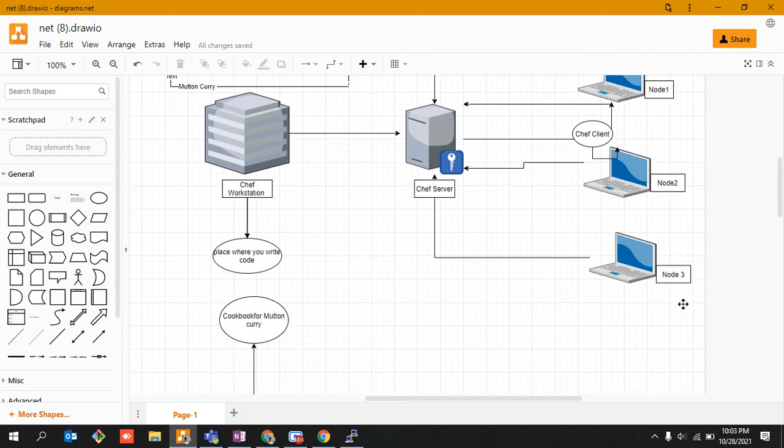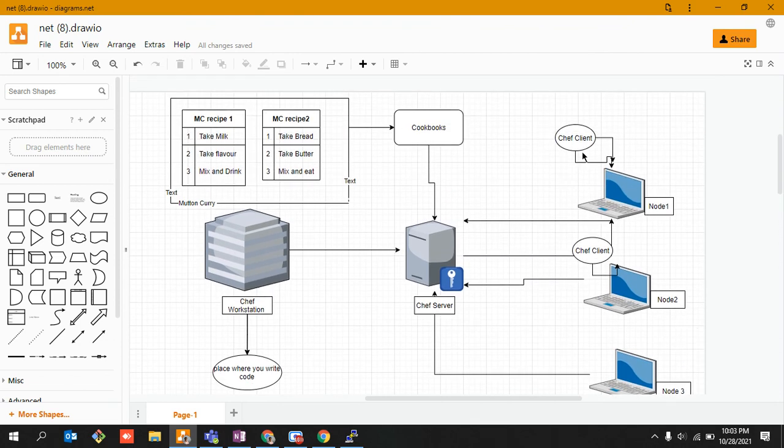So in this way, again, I am reiterating the previous concept. Just try to understand at this point of time that in future your chef client would come, see that something got updated and install it.